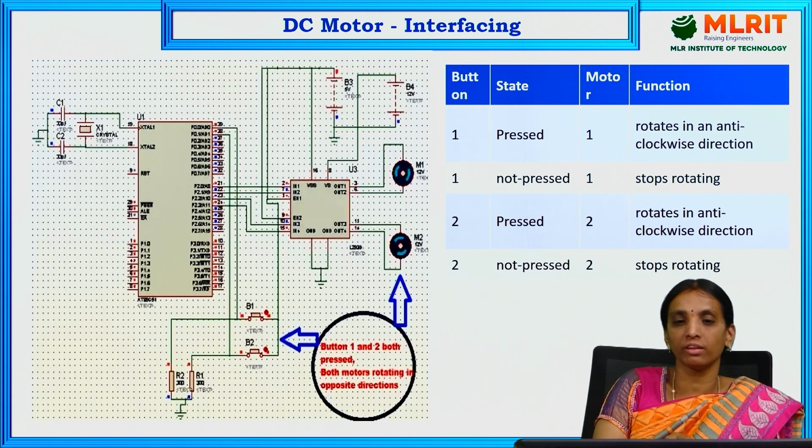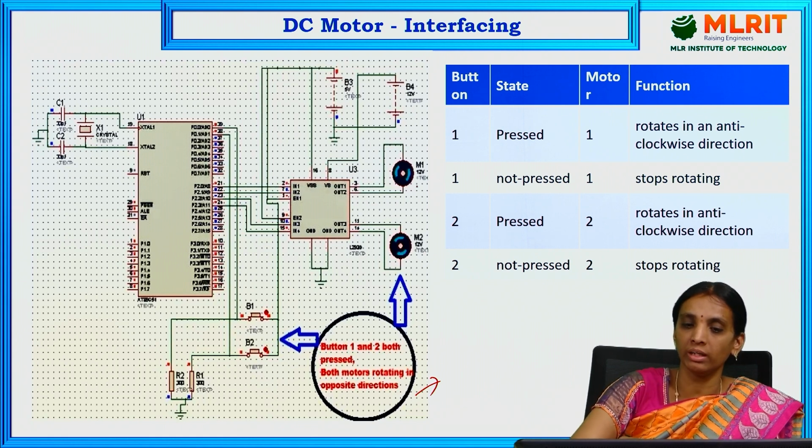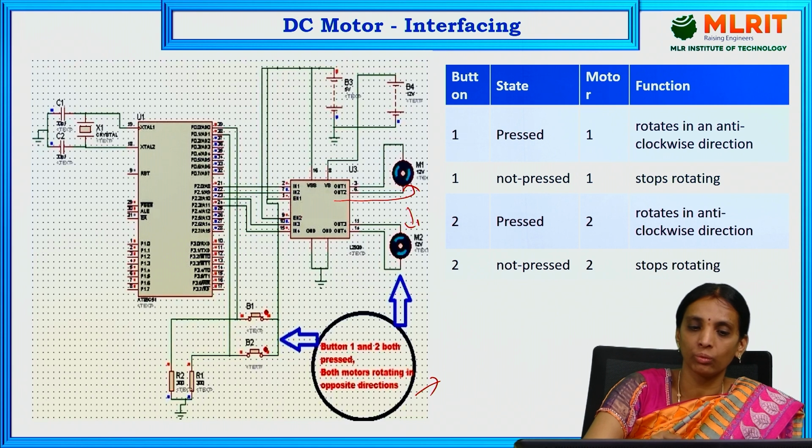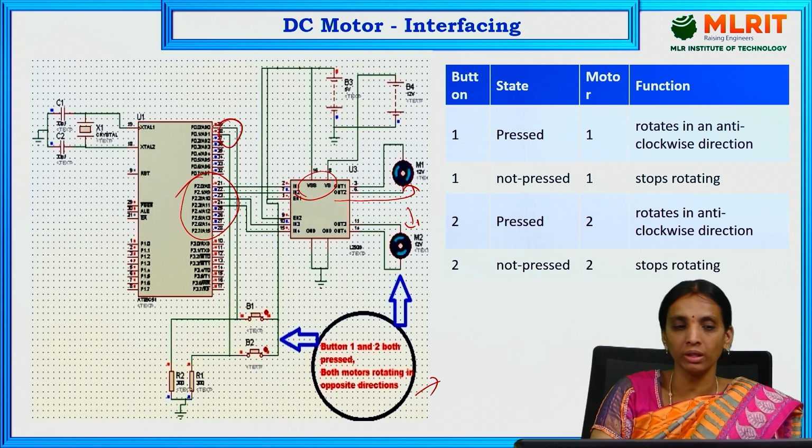So here this is the circuit diagram which is used for interfacing the DC motor with the microcontroller. As we have seen previously, out 1 and out 2 are used for connecting one motor, and out 3 and out 4 are for the other motor. Here this is in 1, in 2, in 3, in 4. So the 4 inputs are connected to the port 2 pins, and these are connected to the port 0 pins, which are used for switching the motors on and off.